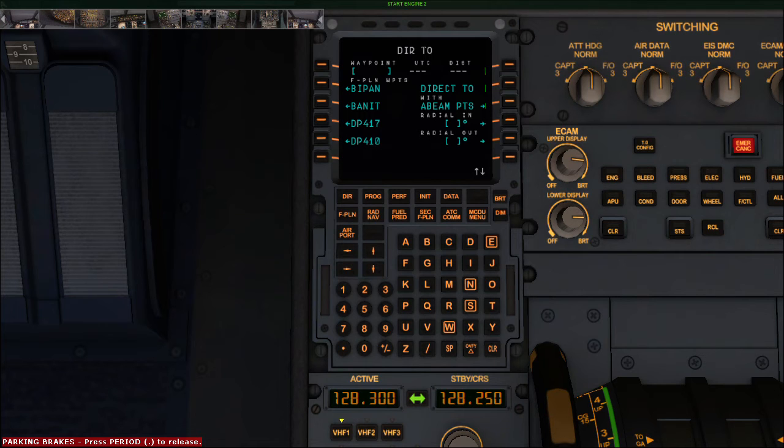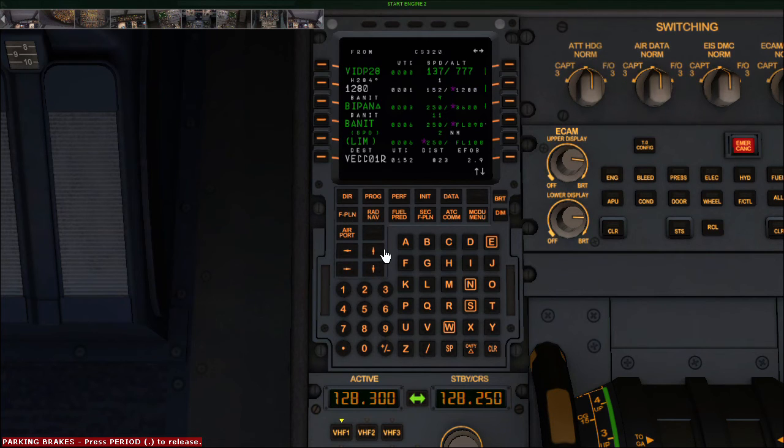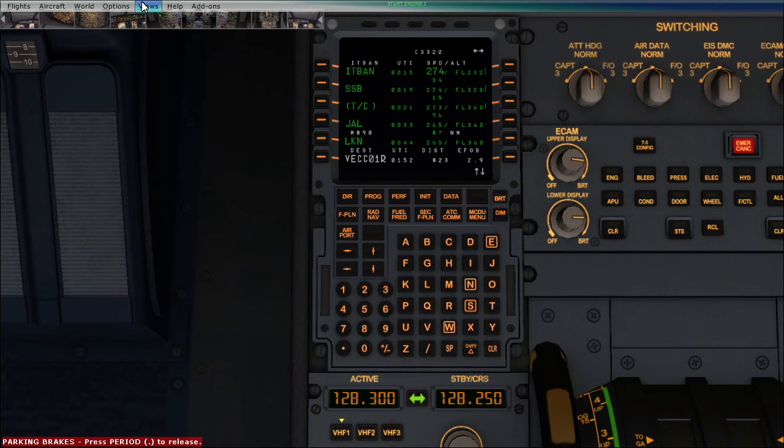For example, if I go to the flight plan page, say you are on Itban, and the ATC controller has said that from Itban you will go direct to Lima Kilo November. Don't go to Sierra Sierra Bravo.